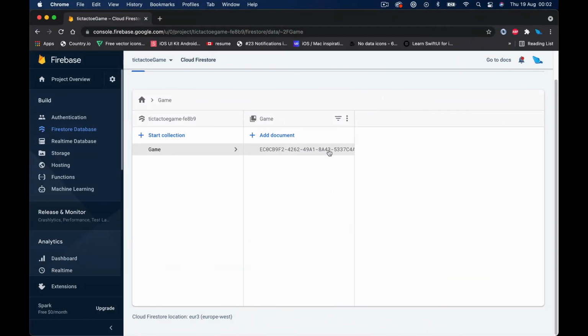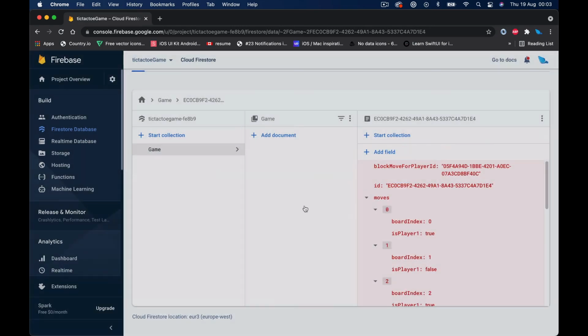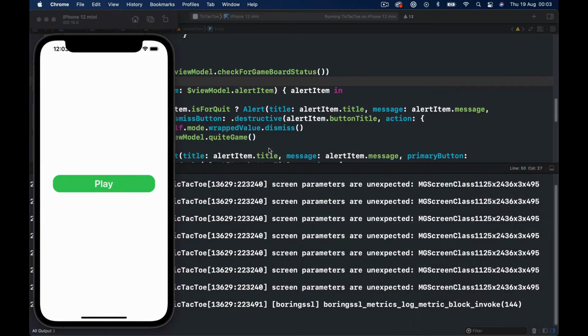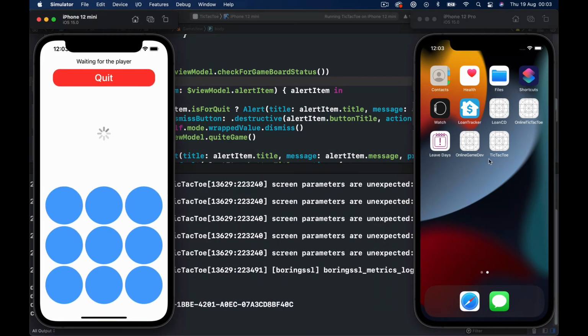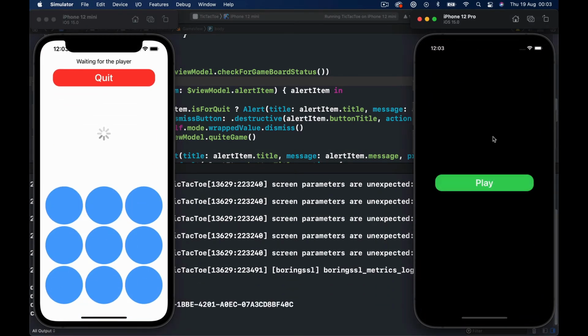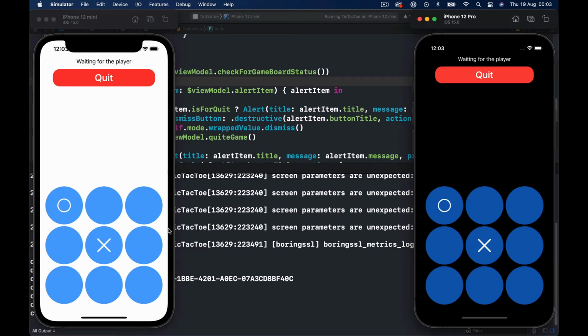Let me quickly check here and delete this game. Okay, and yeah, let's start on a mini and join with the pro. Okay, this disappears. Let's play the game. Mini starts, pro continues,